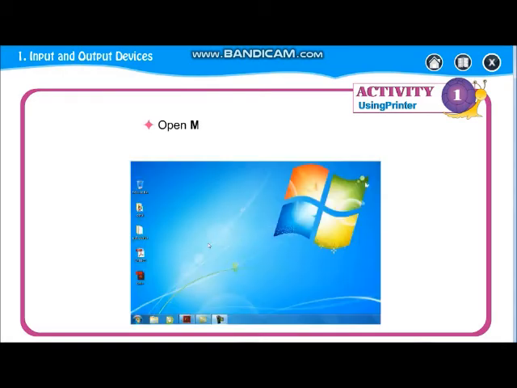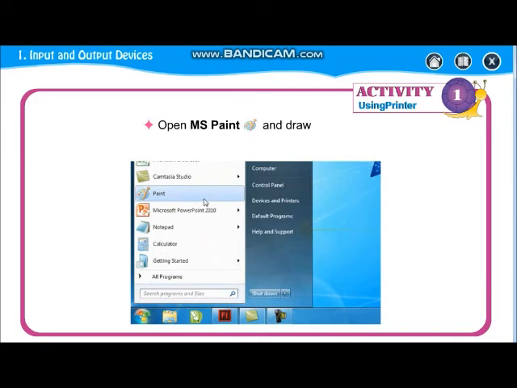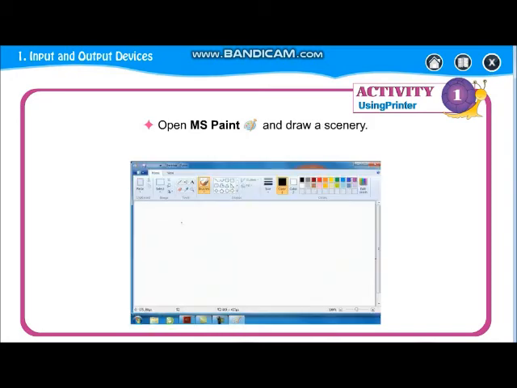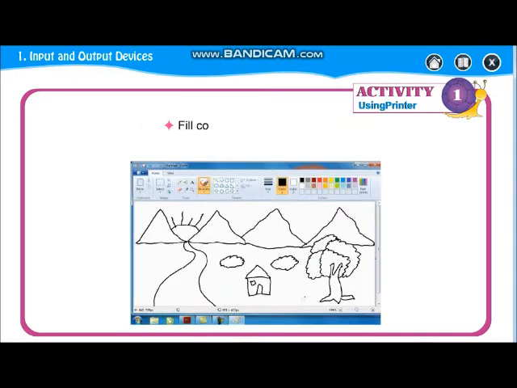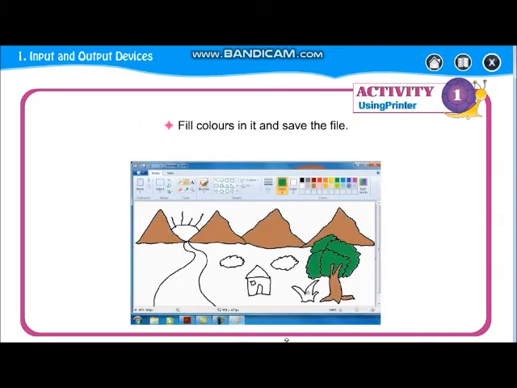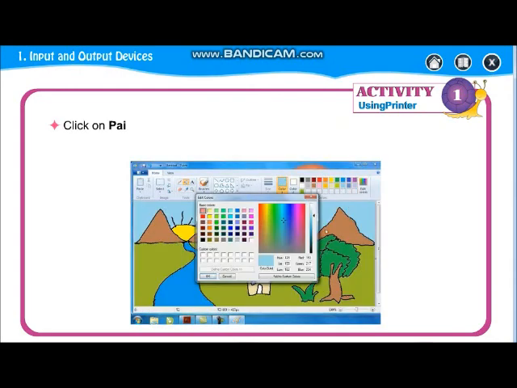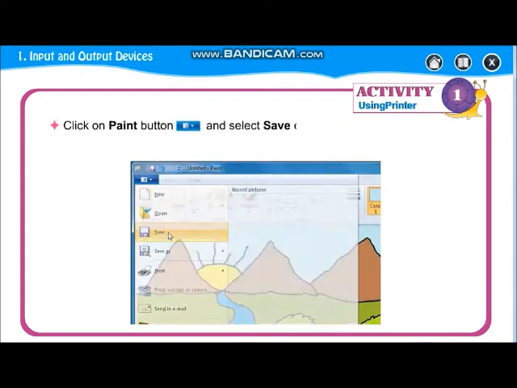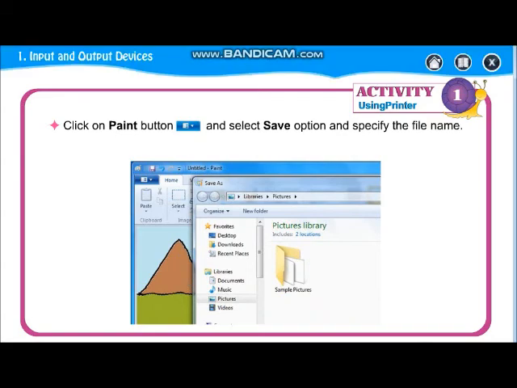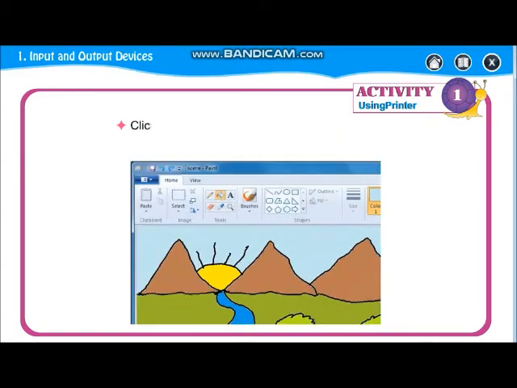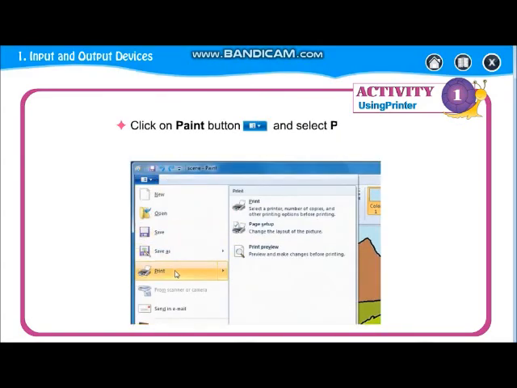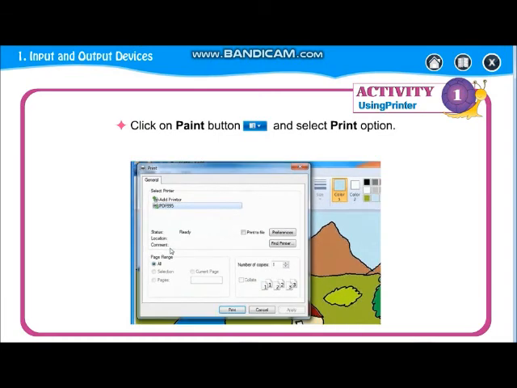Now one activity is there for those who have a printer at home. Those who do not have a printer at home, don't worry at all. Observe the activity here only. Open MS Paint, draw scenery, fill colors, save your file. Click on the Paint button, select the Save option and specify the file name. Then click on the print button, click on print.